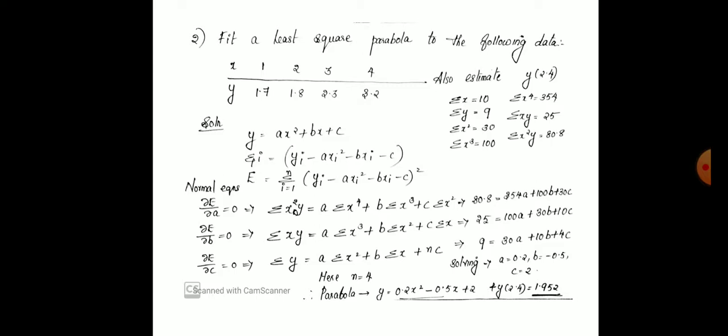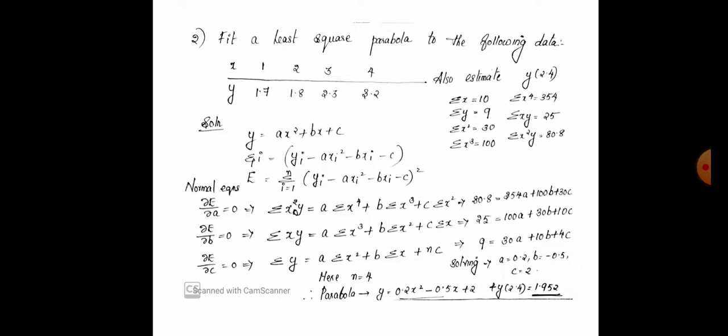Second equation, dou E by dou b equal to 0 implies sigma xy equal to a sigma x cube plus b sigma x square plus c sigma x, which implies 25 is equal to 100a plus 30b plus 10c. And the third equation, dou E by dou c equal to 0, implies sigma y equal to a sigma x square plus b sigma x plus nc, which implies 9 equal to 30a plus 10b plus 4c, where these values, sigma x, sigma y, sigma x square, sigma x cube, sigma x raised to 4, sigma xy and sigma x square y are